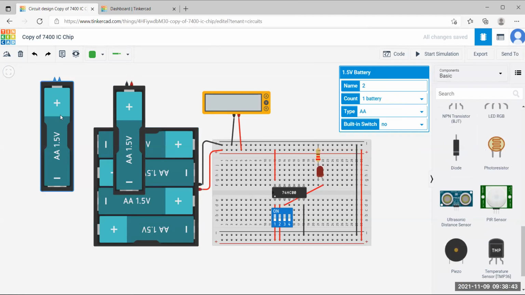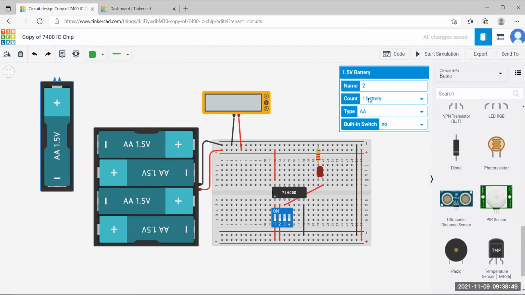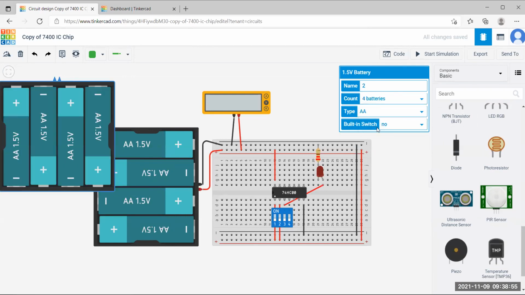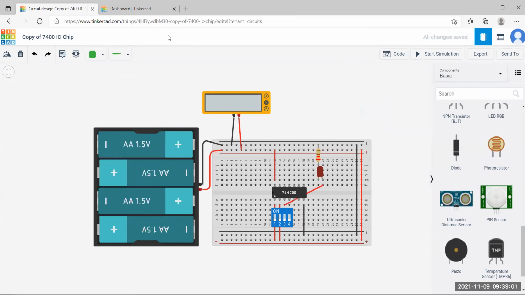Take this, then change the count. You don't have to bring more batteries. You can take a maximum of 4 batteries. Take the batteries like that.